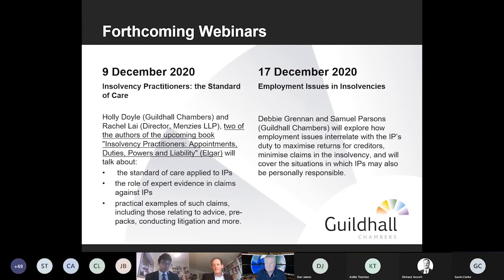I suppose the other related question to that is whether it's better to make your application prospectively or retrospectively, because as Steve's kind of implied, is it more difficult to get it retrospectively? But clearly, if you're making your application retrospectively, the authorities say that the court can look at that with the benefit of hindsight and with the benefit of all of the evidence, and they can assess whether there has been a benefit to creditors. I mean, I've certainly been involved in prospective applications that have been successful, but in my mind those are just as hard, because you're trying to persuade the court about events in the future.